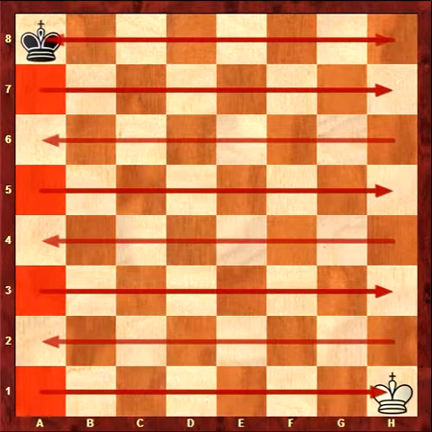Look at number 5. It has a red square. It has an arrow going across. That is known as the 5th rank. Look at number 3. It has the red color square. It has an arrow going across. That is known as the 3rd rank. Look at number 1. It has a red color square. It has an arrow going across. Can you guess what that's called? It's called the 1st rank.